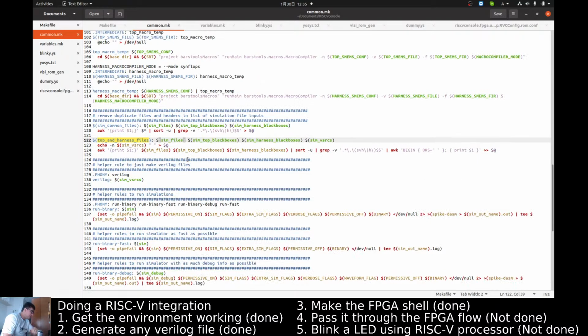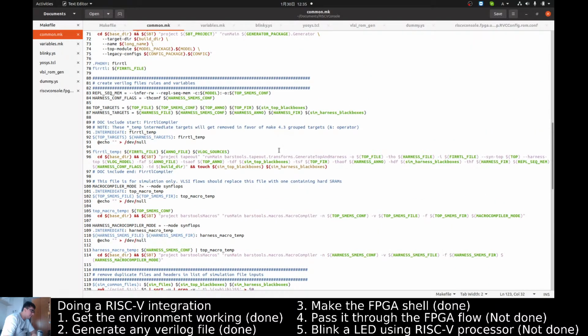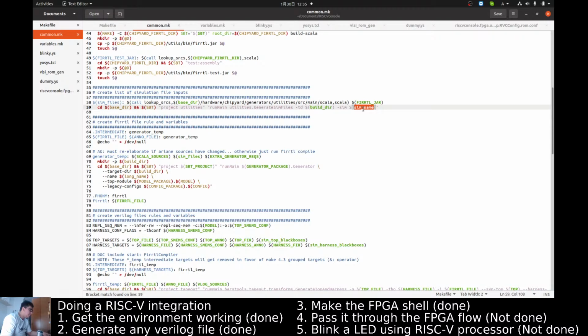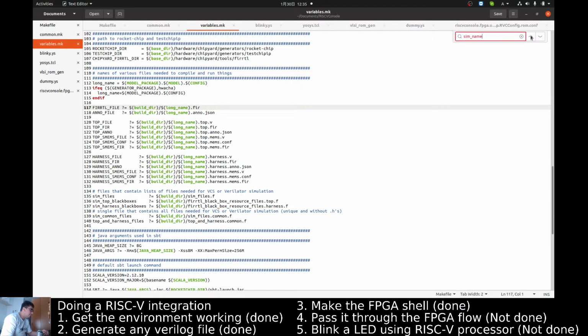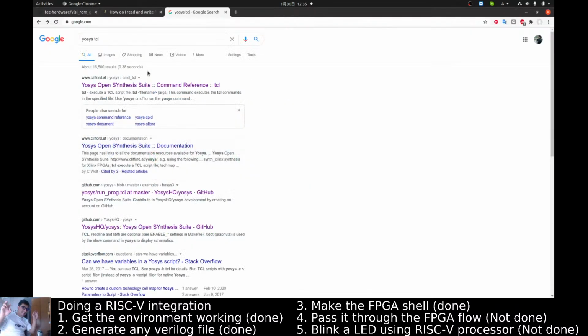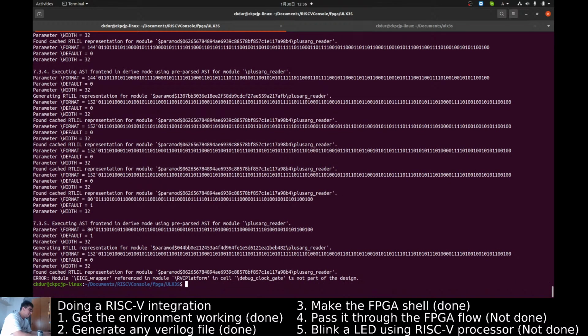Okay, so I added the same files, but now the same file needs to have more stuff. So let's fix the bug about generating the same files. So it's sim name. Sim name is not defined here. It should be in variables. So it needs to be defined somewhere, so we can define it just here. Let's make it very later. Very later. Okay, very later. Then again we need to make clean